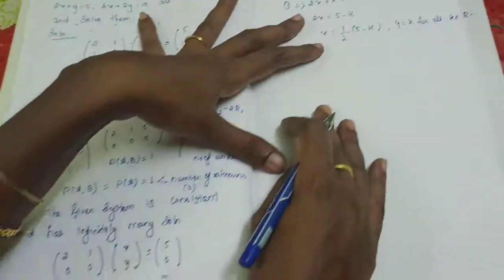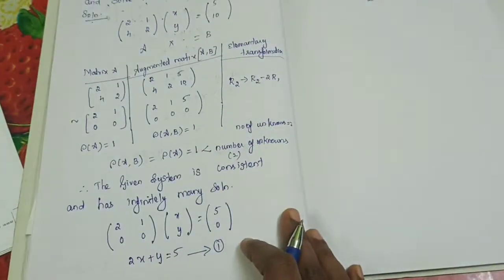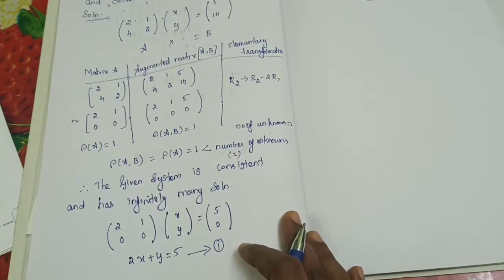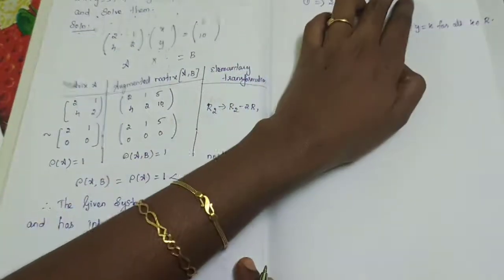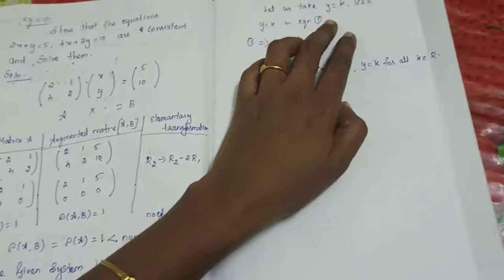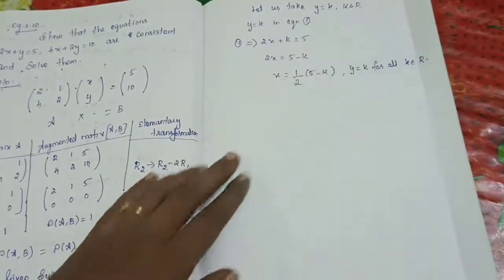Understand? The meaning is, I said here, the given system is consistent and has infinitely many solutions. We can't find the solution correctly. That is infinitely many solutions. Maybe 1, 2, 3, 4, 5, 6, any numbers; that one we don't know. 1 may be the solution, 5 may be the solution, 10 may be the solution, 100 may be the solution, more than 1000 or 10,000. We can't find. For that only, here y is equal to k we have chosen, but that k belongs to R.